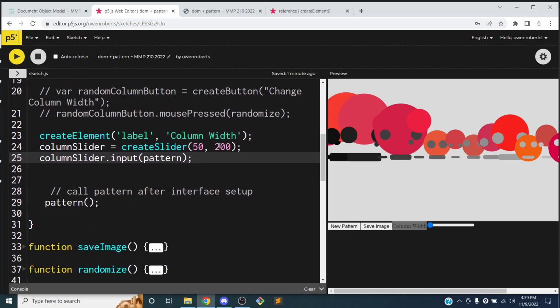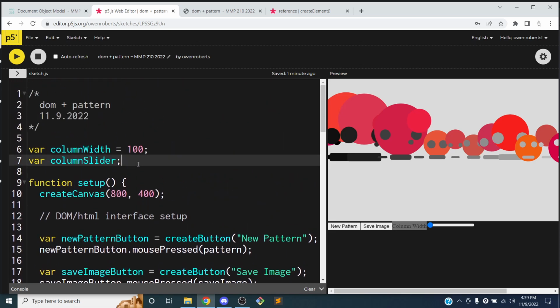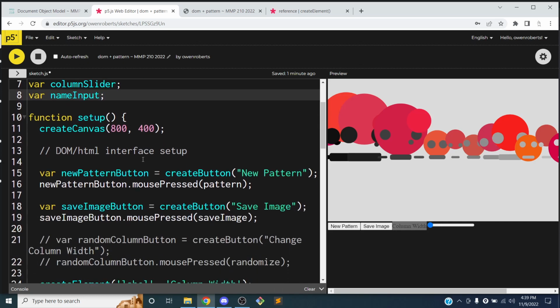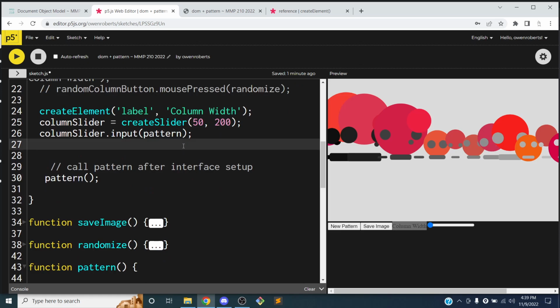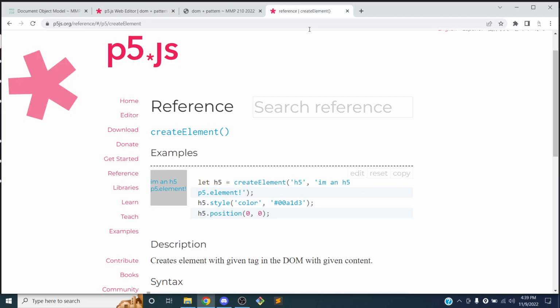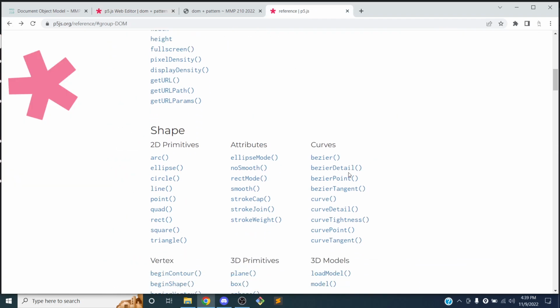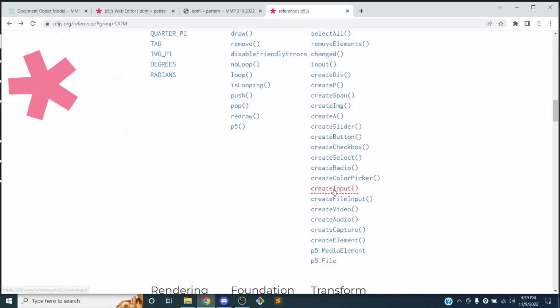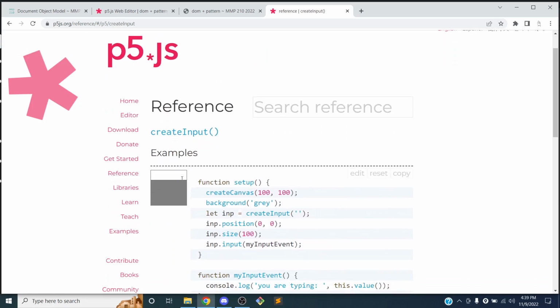So we're going to need to have a reference to the text. So let's make another variable and call this name input. We'll let the user add in their name. And so we'll say name input equals create text, or is it input? Let's go back to the reference and check. It's create input. So input is actually what you want to use for text,